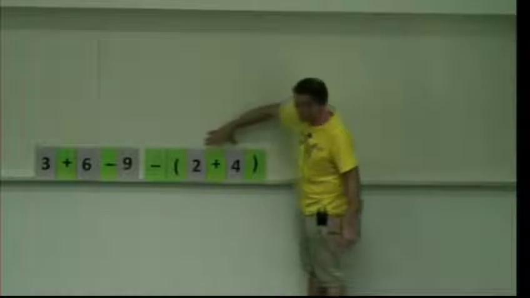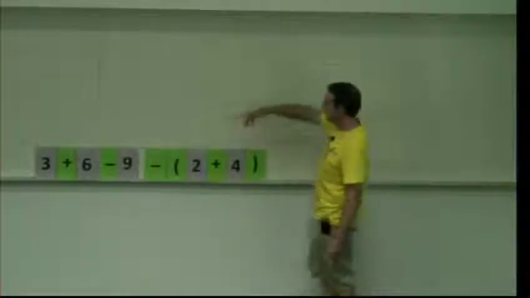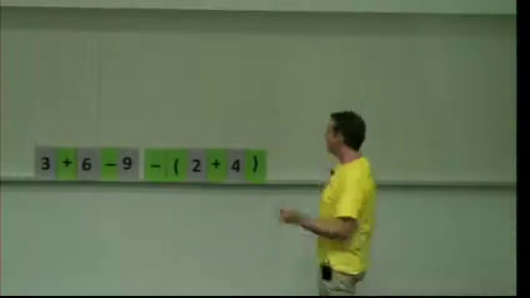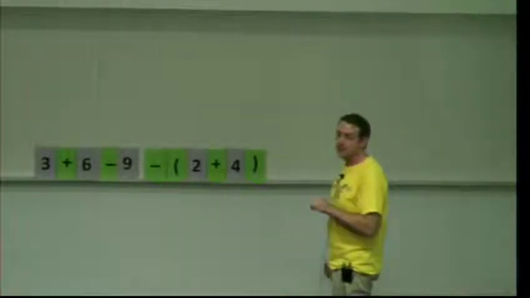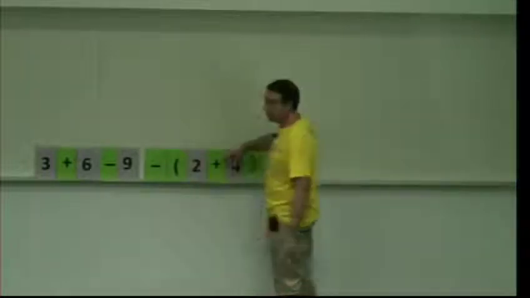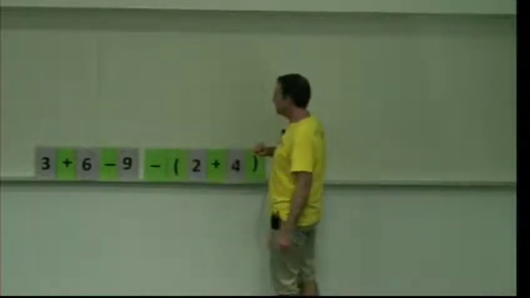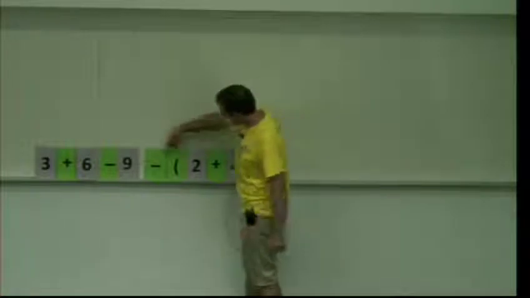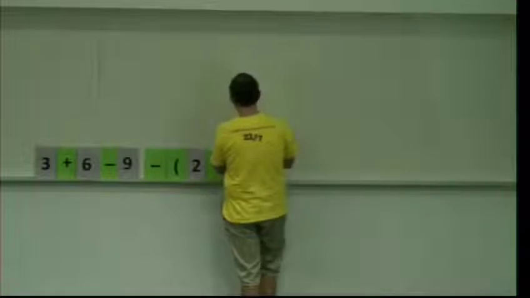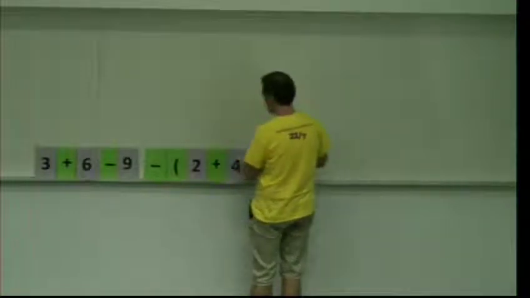The 2 plus 4 is really 6, and so it's the same as minus 6. But I could achieve subtracting 6 by subtracting 2 and then subtracting 4. So if you see a minus outside of a bracket and there are pluses on the inside, then this minus can come in and attach itself to both of these things separately. So I can break my brackets